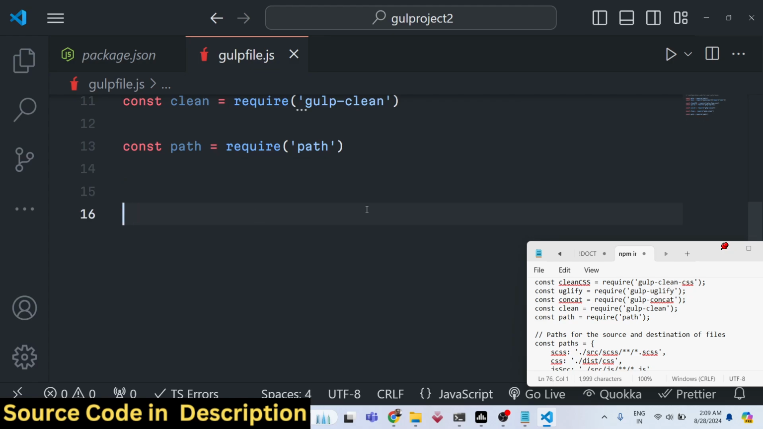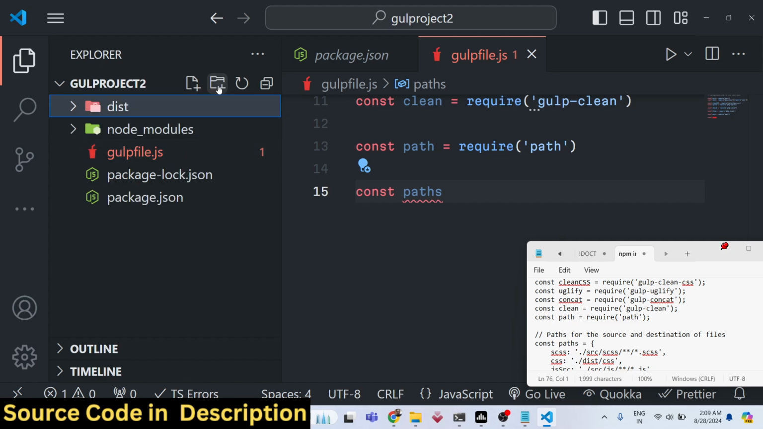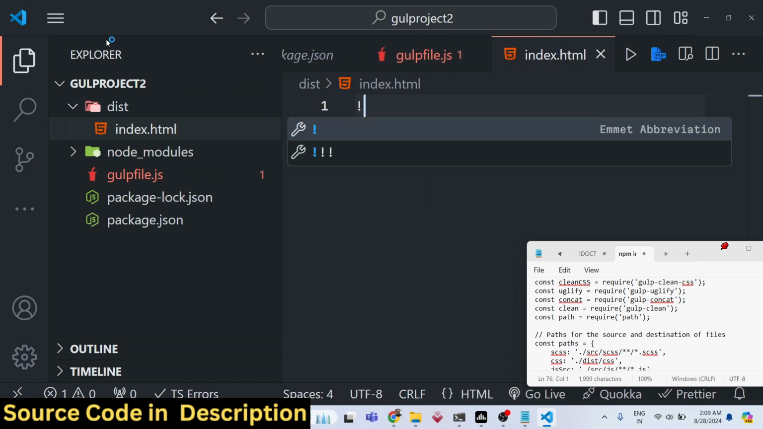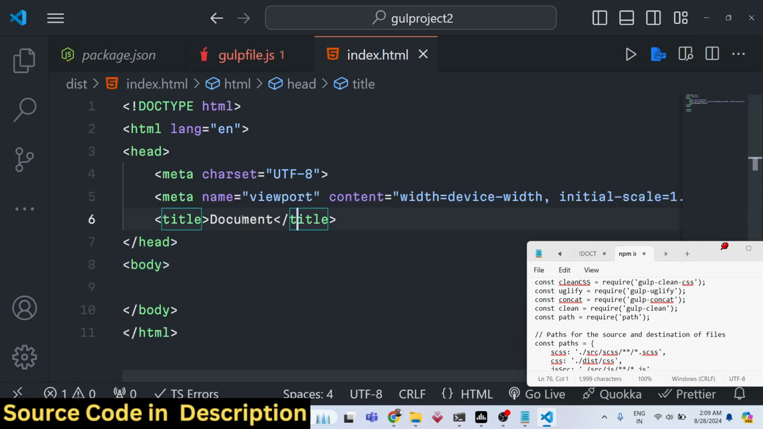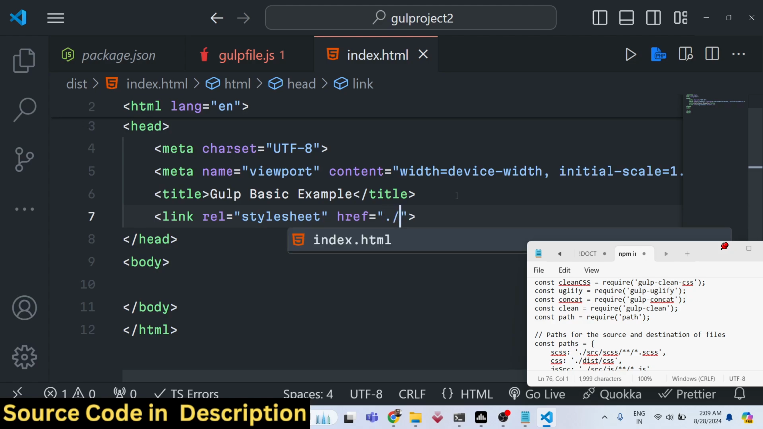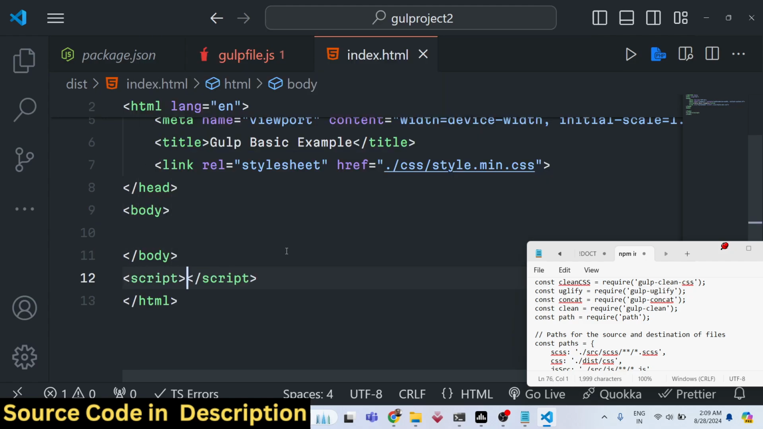So now we need to configure the paths of the files. Before configuring this, you need to create a dist folder. In this dist folder, we will have our production files. Here I will define my index.html. Here you can write your HTML code, whatever you need. Let me just say Gulp basic example. Here I will have a link tag, and we will be including the style.min.css which will be compiled by Gulp. Similarly, we will have the script tag, and it will be coming from